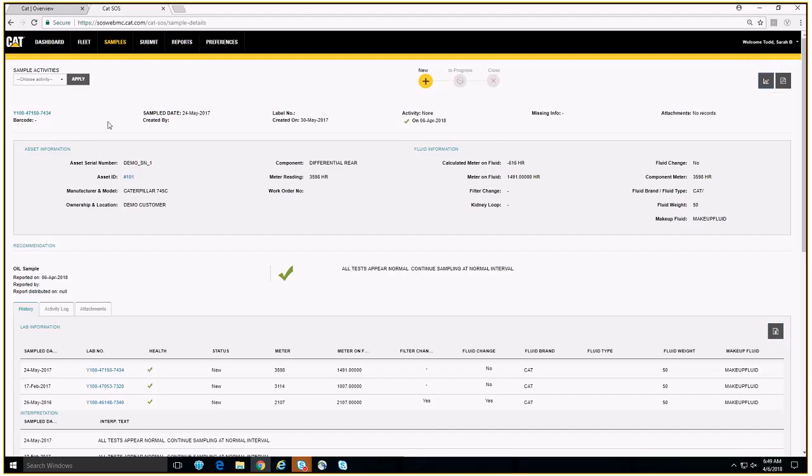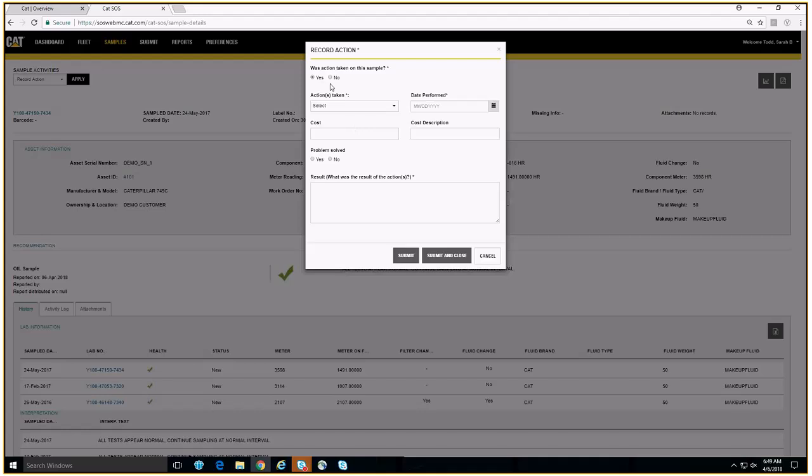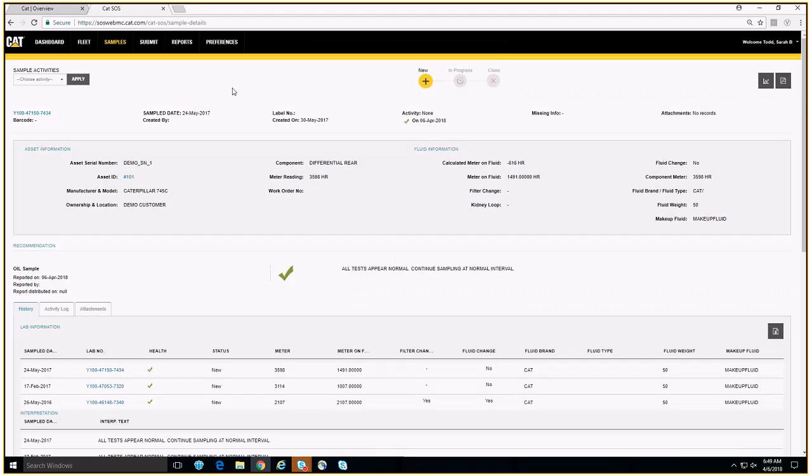A few other things on this page to note. In the upper left corner, we do have sample activities. None of these activities are required, but if you would like, you do have the ability to close the samples. Closing the samples will change the status and may make them easier for you to search in the future. You can record any actions that you've taken related to the sample. To do that, you simply click Record Action and Apply. And here you indicate what action you took, what you did, and you submit that. That information is fed back to your dealer interpreter, and they can use that as a guide when making future